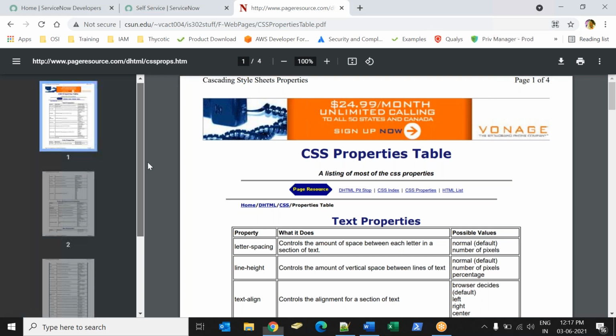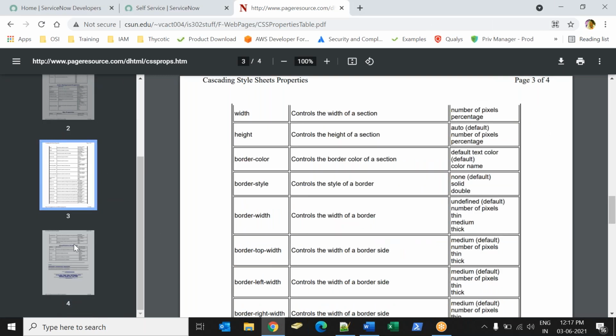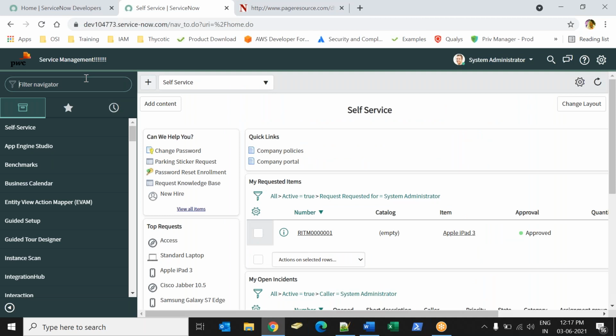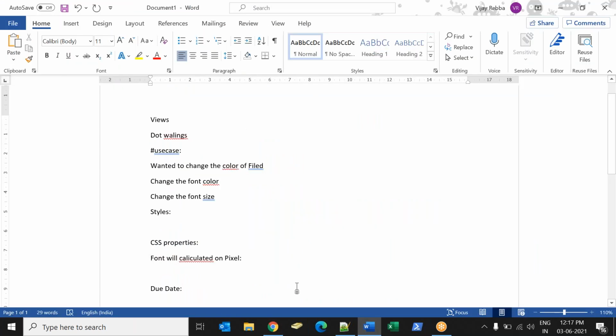This looks like, I think this is a kind of Bible. Then you can write the code. So that's about the CSS properties. Yes, just keep your CSS properties handy. That's about the styles. Right. Now moving into